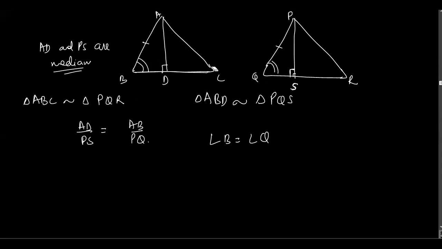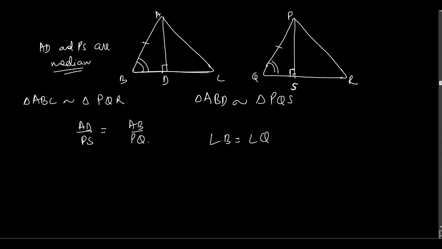How can you say that this angle will be equal to this one? Because triangle ABC is similar to triangle PQR, so their corresponding angles will be equal. Angle B will be equal to Q, R will be equal to C, and A will be equal to P. So here in the smaller triangle, we only have the B. So B is equal to Q and this one is equal to this one. Okay. Now what you need to write here is,